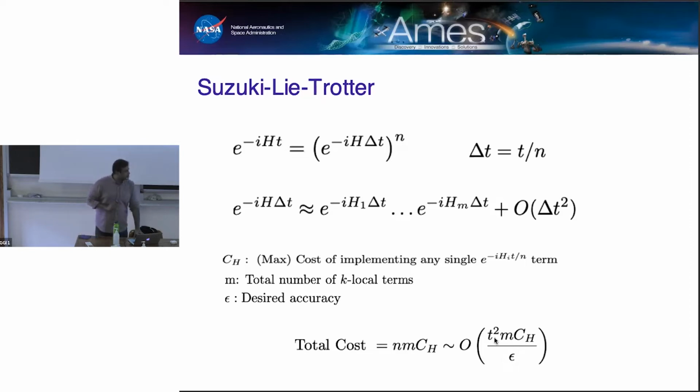And regarding the number of terms, let me also stress that when you encode a Hamiltonian into qubit operators, recall that the Pauli operators form a basis for operators in C^N. One very naive way to encode it is to take whatever operator, whatever matrix you have, and express it as a sum of 4 to the n Pauli operators. That's a very bad way to do it because now you have an exponential number of terms and m is exponential, and that's going to kill whatever possible quantum advantage you could get.